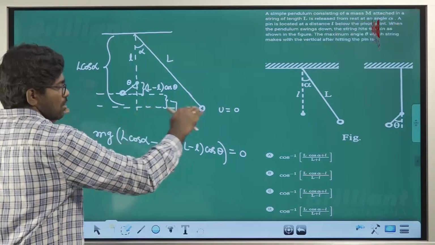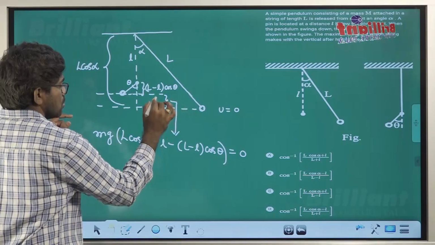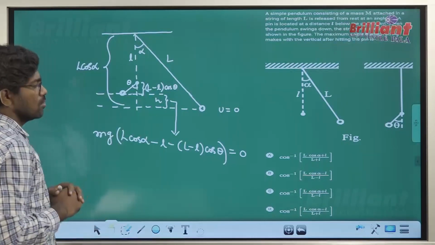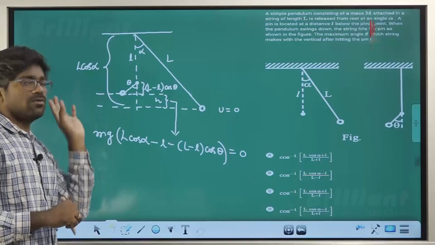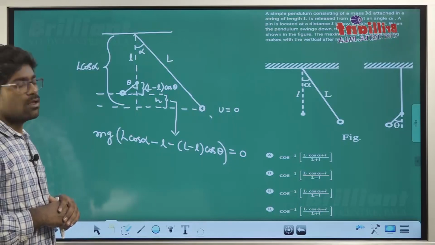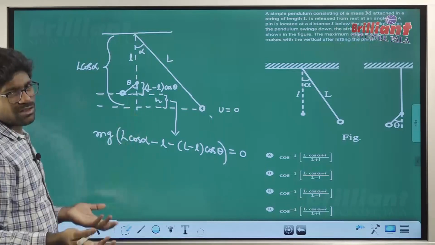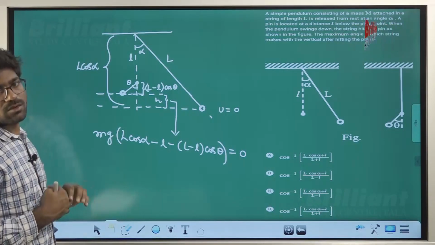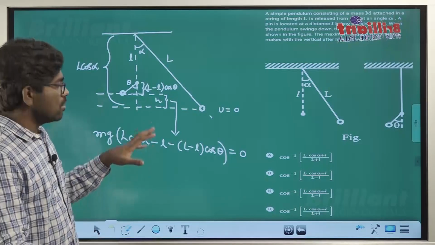This is assumed as ground level, okay. Then above this, potential energy is mgh. What is this? This is the height h. What is that h? This much. mgh, okay. Potential energy initial equals potential energy final. Initial 0, final also 0. Kinetic energy 0 initially, final also 0. Yes or no? Otherwise you have to take this as ground, then this is h, this is h plus h dash. It's like no need. Understood? Potential energy is a reference thing. Don't think that potential energy is 0, kinetic energy is 0, so total energy is 0. No, not like that. Okay? It's a reference thing.